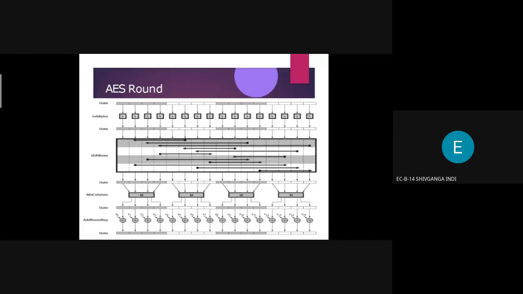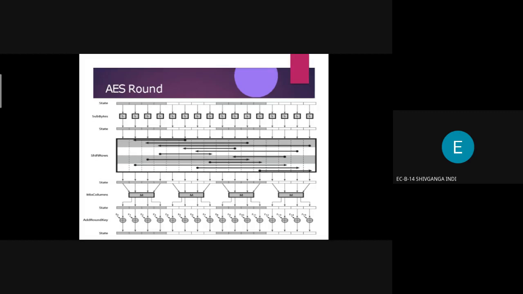For encryption we perform the left shift, and for decryption we perform the right shift, so we indicate arrows towards the left hand side and arrows towards the right hand side. After shifting, again we get a new state.